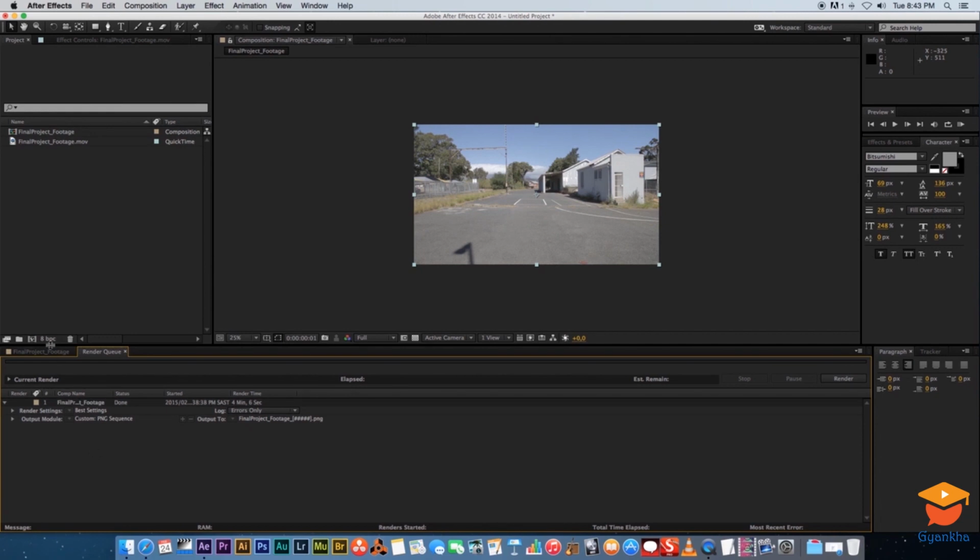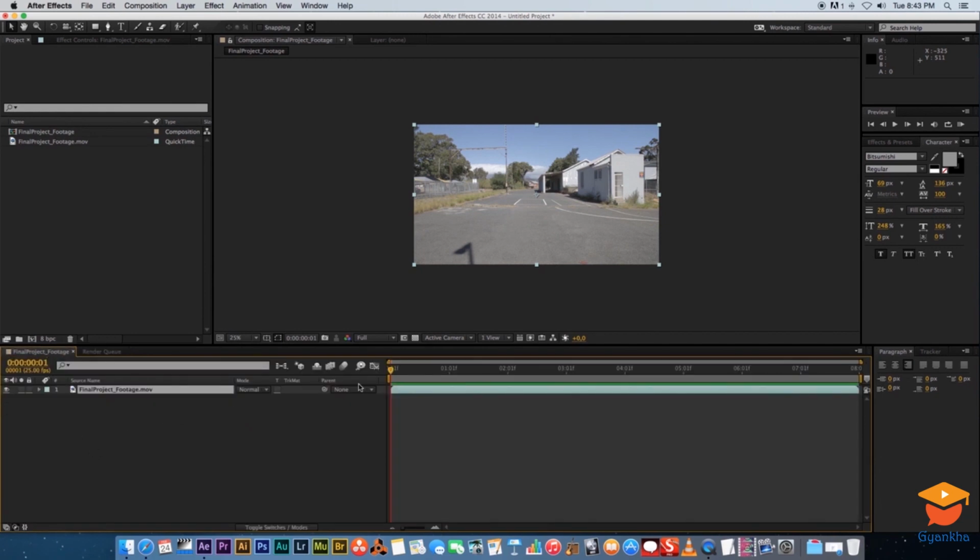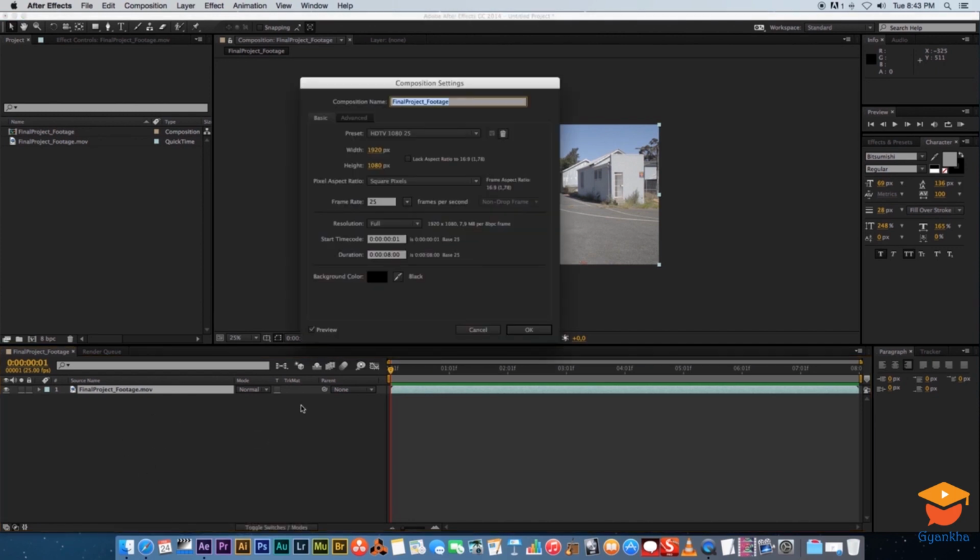So go back into your composition, and I'm going to quickly show you how to double check this. So first of all, you can see just below this number here, you can see the frame number 1. And if I just scroll forward, you can see that's on 200. Now, sometimes your composition will actually start at frame 0. If that's the case, I'm going to show you quickly how to change that to start on frame 1 instead of 0. So right click in this area here, click on composition settings,